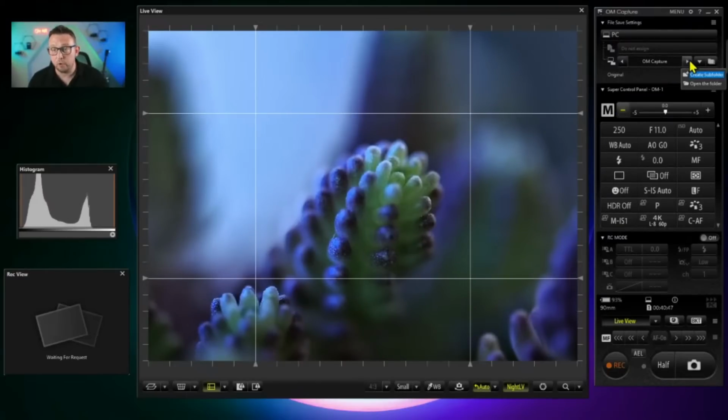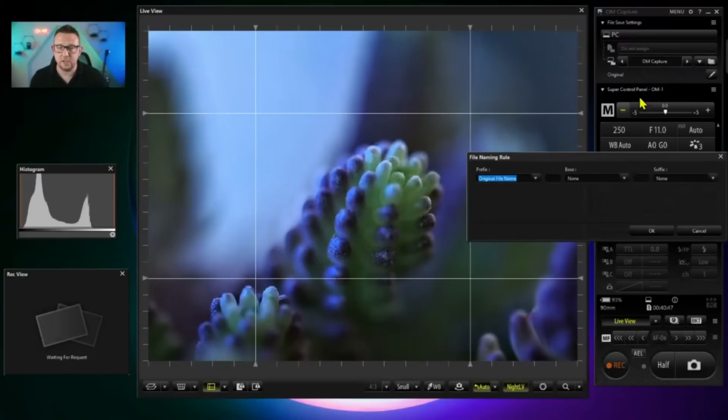And if I press the forwards arrow, I can create a subfolder within OM Capture to then make that my receiving folder as well. So lots of cool additions here. Now, what you can see here is that the PC tree comes down and it's saying not assigned to memory card, and then it's coming down here, but it is assigned to PC, and then it's going to my OM Capture folder. The next option that I have is this edit tool here, where I can change the prefix, base,